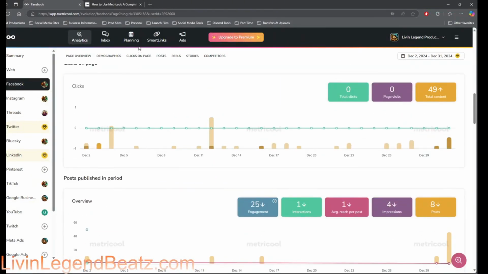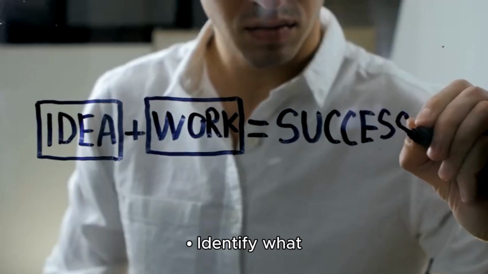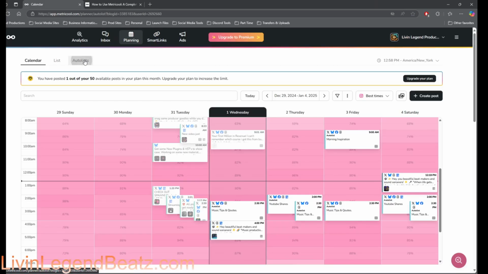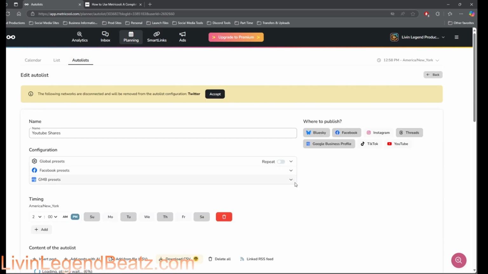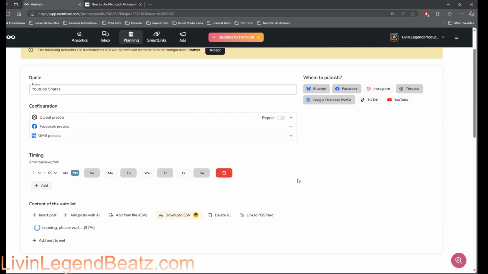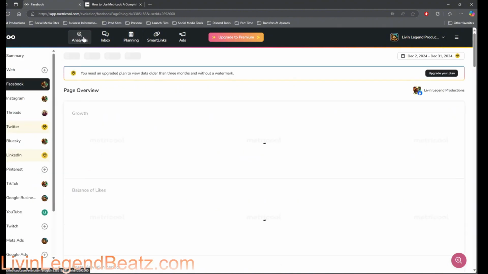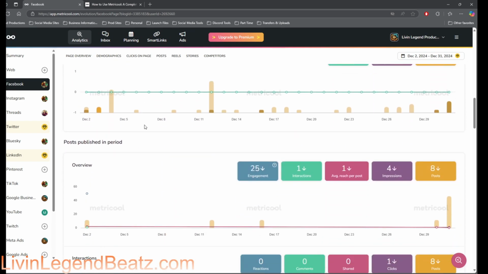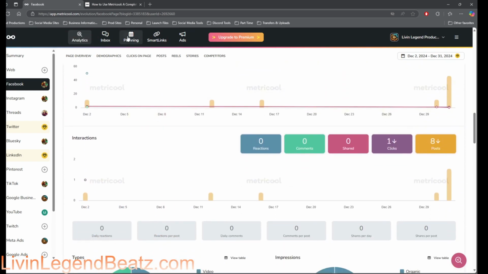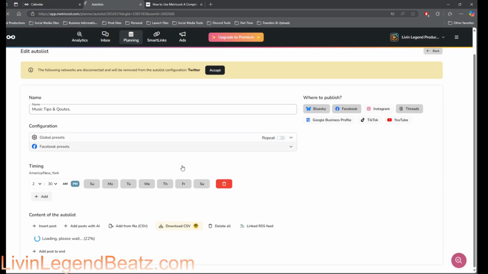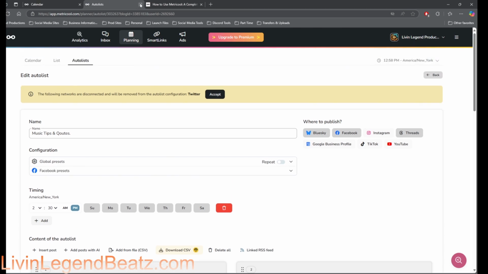Consistency is key. After you review your analytics, you're going to make sure you identify what worked as well as what areas you need to improve. Now, don't just take it as, oh, this post didn't have the most engagement, but it did have some good information. Maybe you just want to recycle it and send it out in a different way. Add different posts, use different wording, something. But you have to get creative with it, and it's all about trial and error. You are never going to fail. The only way that you will fail is if you don't even try.